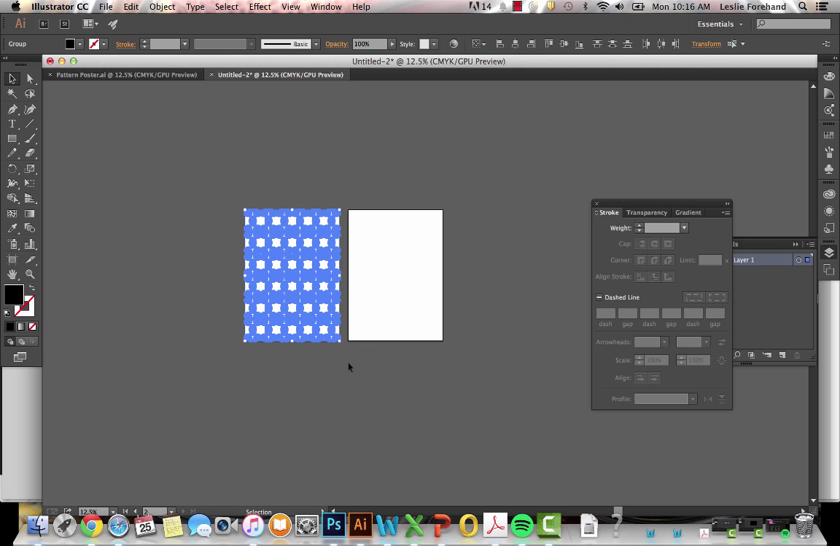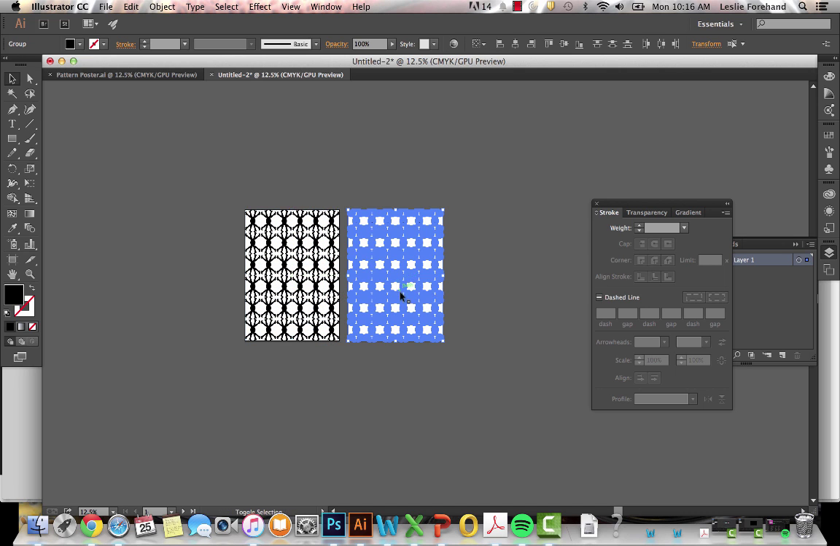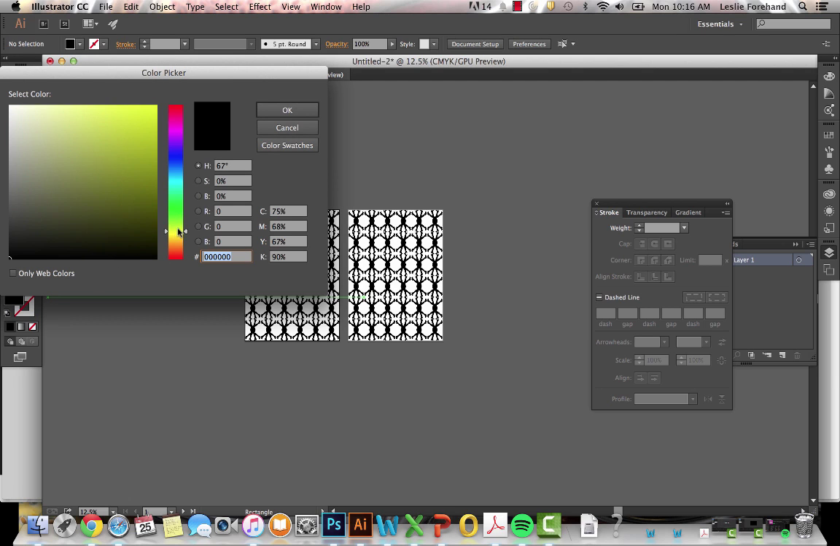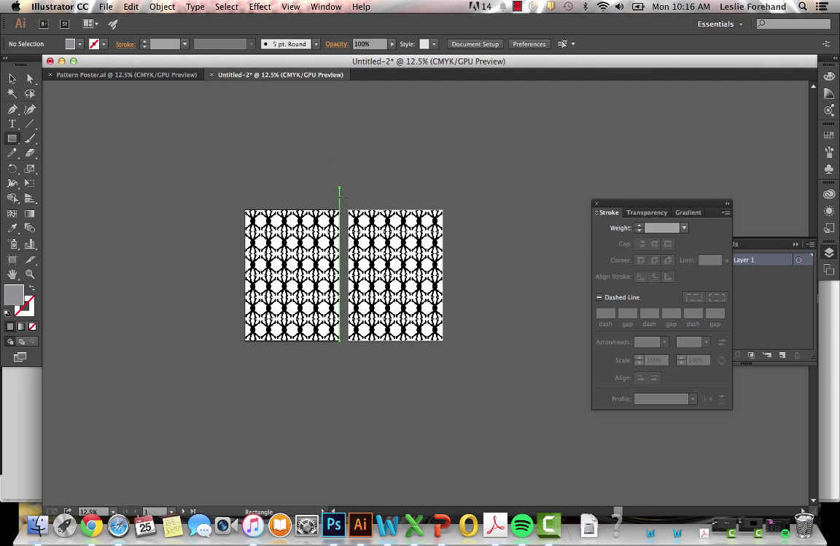So I can drag this over. I can put a bright yellow or green, I don't know, cyan blue. I can take my rectangle tool